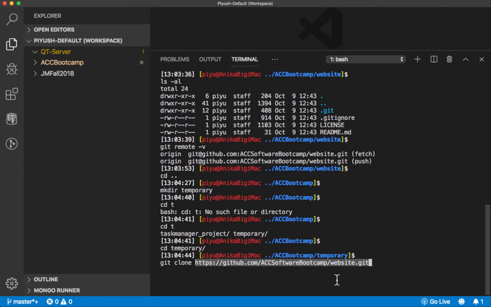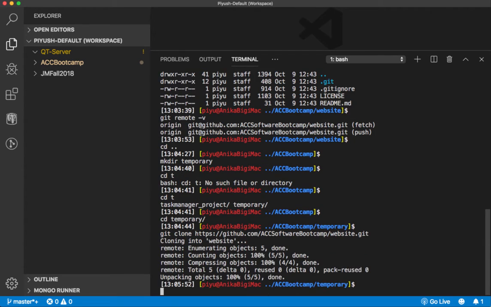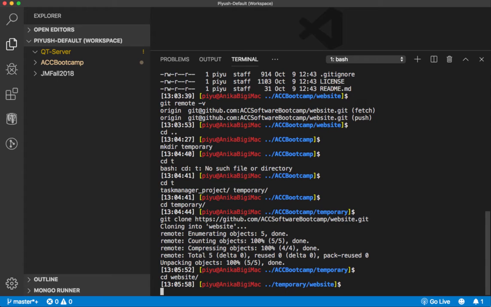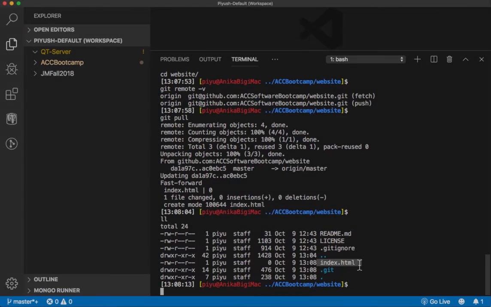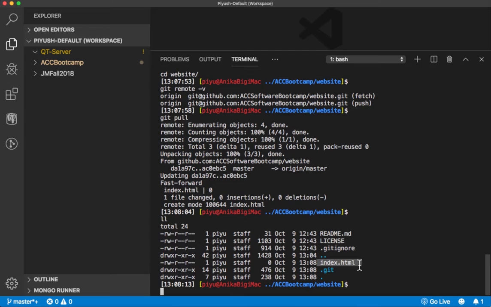Now if I did this, it created the repository called website. I go to website, and here if I say git remote -v, you see my remotes are pointing to HTTPS. So this is it. Once you set this up, you may have to edit your remote, but you know what would be easier is just to remove your repository